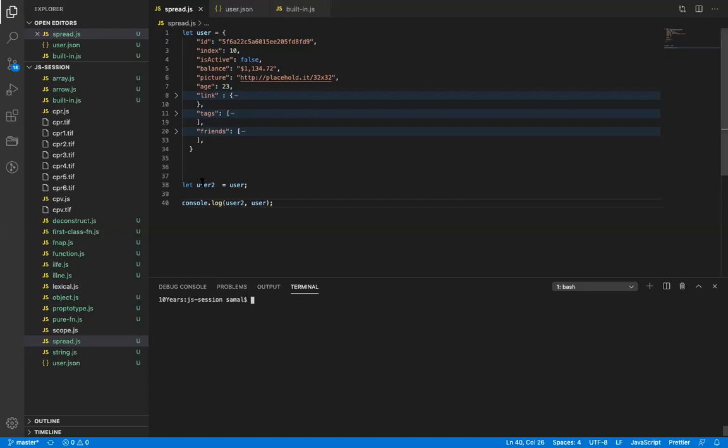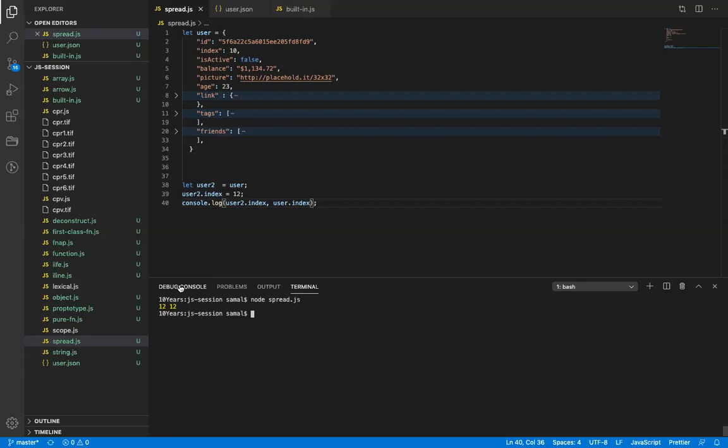If I change anything in user2, let's say I change the index value to 12, and print index for both, both are changed. Because non-primitives are passed by reference, user2 also holds the same pointer where user is pointing. So this used to create a lot of issues in terms of data sharing.